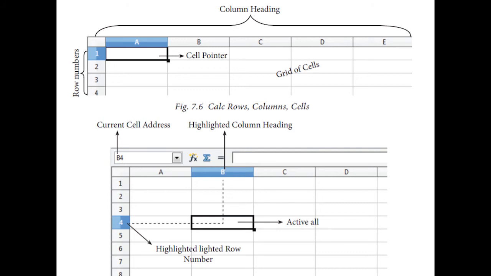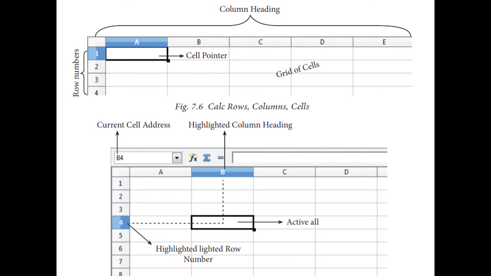Columns will be labeled as A, B, C, D. After completing till Z, it will go on as AA, AB, AC, AD. After completing till AZ, it will start from BA, BB. Likewise, it will keep going, right? And the rows will be numbered as 1, 2, 3, 4, like that, right?